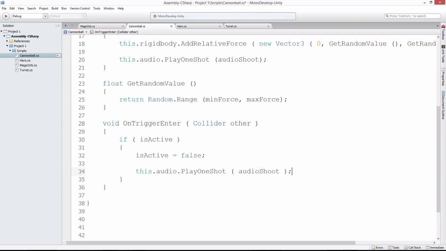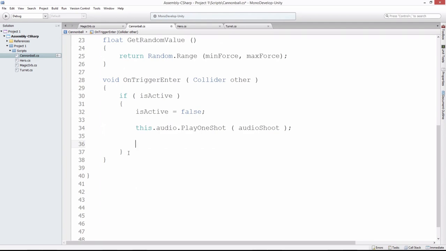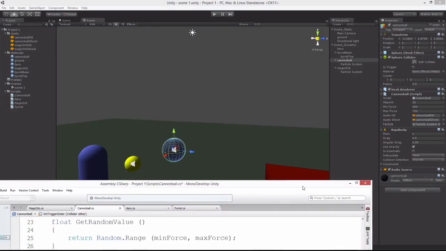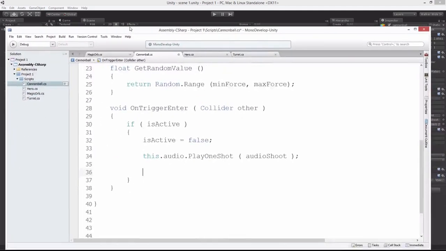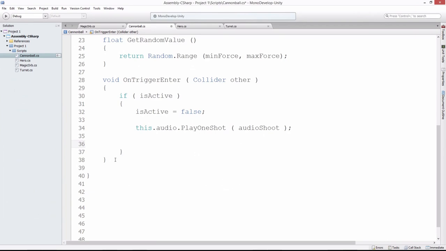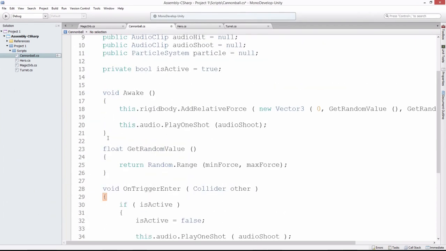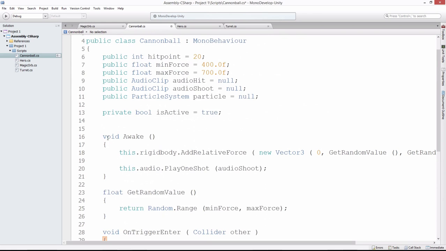And then once you have the audio shoot, we need to actually disable the particle. But remember, we don't want to disable the particle. When the particle came and hit, it rolled for a little while, and we kind of want that particle dust and things to stay. So we're going to do something. We're going to do a coroutine. A coroutine is going to allow us to have a little bit of time go by and then